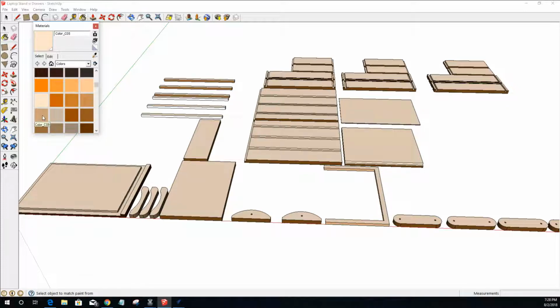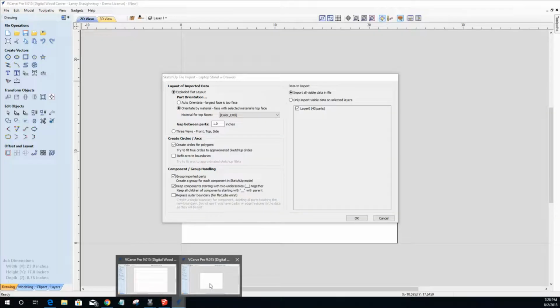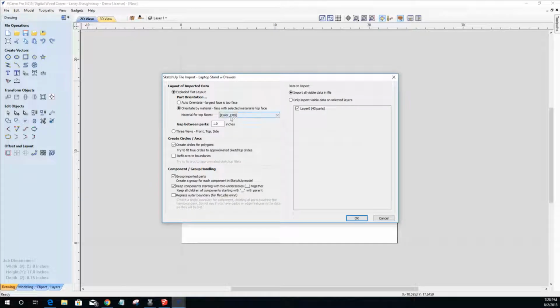Yeah, it is going to be CO9. CO5 was a file that I did last night for someone else, because that would be an absolute different color. So yeah, CO9 is what I'm looking for,